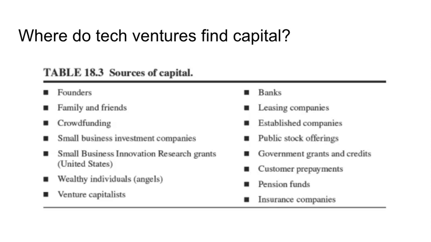There are investment companies that make investments in small businesses. There are grants. Angels and venture capitalists are the classic form of private equity. And then there are a variety of other mechanisms that ventures can use to find capital. A good one to note here is customer prepayments. This is a form of bootstrapping where you get your customers to pay for a product in part or in whole in advance. Pension funds and insurance companies are very unusual funding mechanisms for tech ventures, usually only at a very late stage, or if they invest through a venture capital firm.